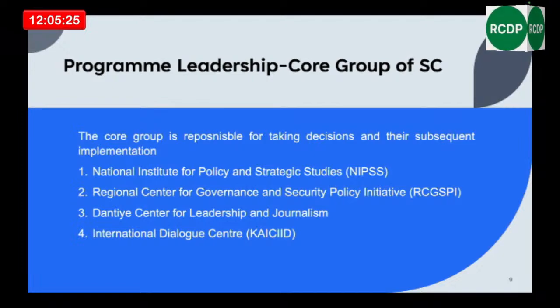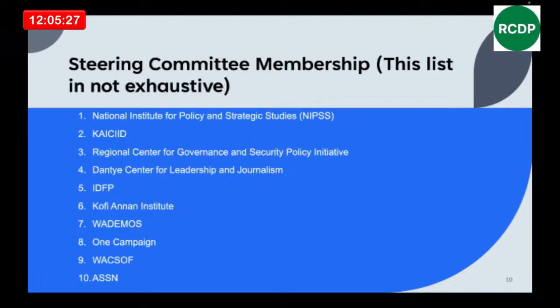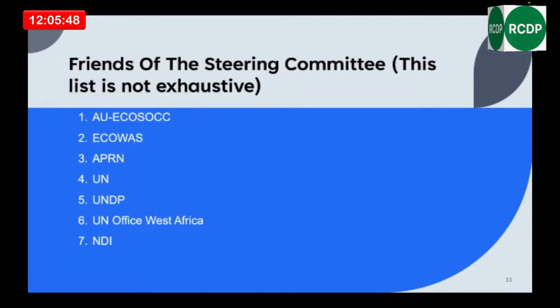Then we move on to the steering committee membership. This list, as it says there, is not exhaustive. We have, of course, the four core members as part of the consortium that are part of this list. And then we move on also to include our colleagues from the Interfaith Dialogue Forum for Peace that are here, represented today by two of the leaders. And we have also listed the